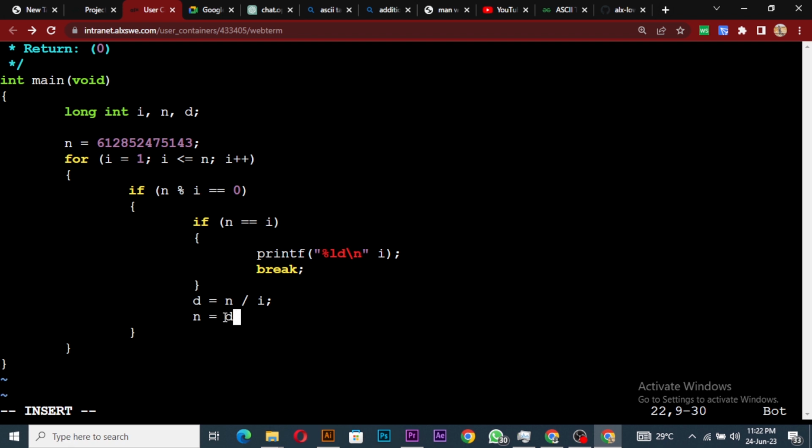We've slashed the value of N, so this would replace whatever N is. N will now be a lower number, and then we'll use another number to divide it. So 3 will divide this and check, 4 will divide, until a large number divides, and then they are equal to each other, and then it prints